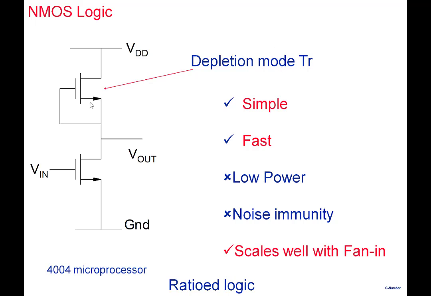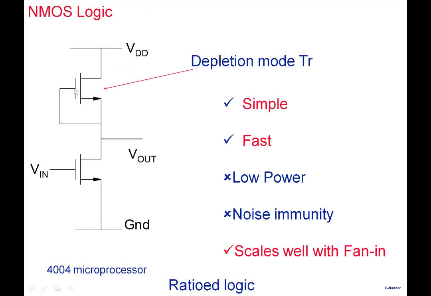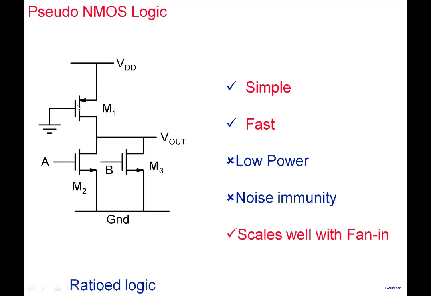A depletion mode with a negative threshold voltage. So that's another process complexity that comes in here. Now, some of these things that you see here can be preserved if I don't use an NMOS with this thing, a gate and source shorted together. If I go towards this one here, you can see why this logic has the name Pseudo NMOS, because